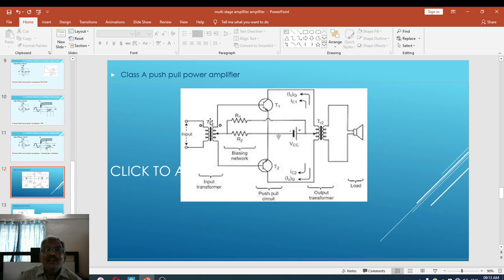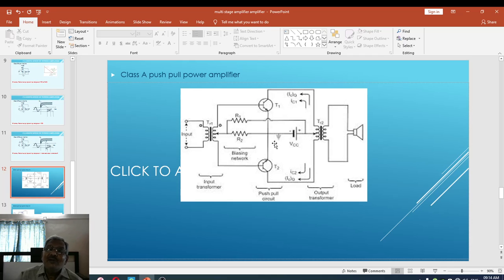Across its secondary, it provides a 180 degree out of phase signal to the base of both the transistors, that is transistor T1 as well as transistor T2, whose emitters are connected with each other, and it is grounded. Obviously, the collectors of both the transistors are connected to the primary winding of the output transformer TR2, whereas the center tapping of the secondary winding of TR1 and center tapping of the primary winding of TR2 are provided